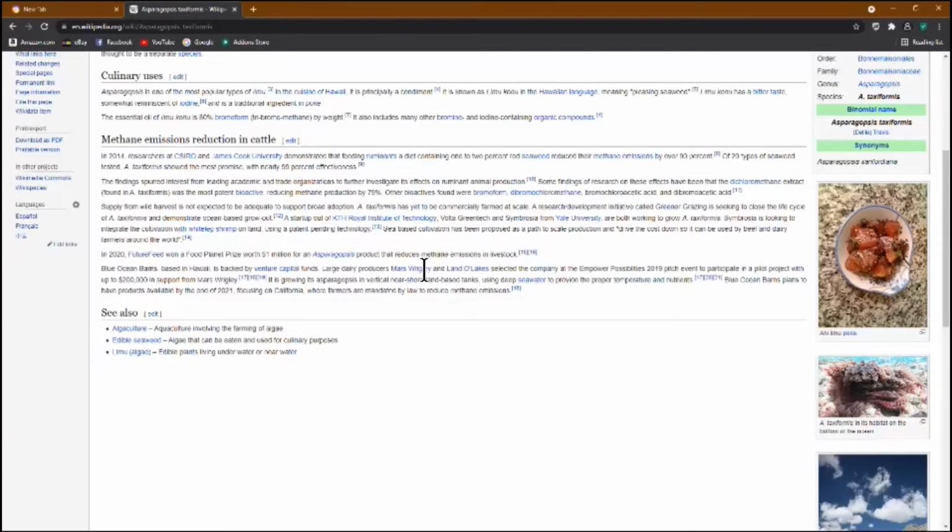Now, for some reason, nature made methane as a product of digestion. But if you can reduce it, that's probably less harmful to the cow, because if you have a lot of gas inside the cow, it obviously causes maybe bloating and things like this. I'm assuming it's probably healthier for the cow. You ask a good question. I have to look that up, but based on what she says, she said it was healthier. That's the only answer I can give you. I don't know 100%. I don't want to lie to you. Thank you. Oh, you're welcome. Any other questions for David?